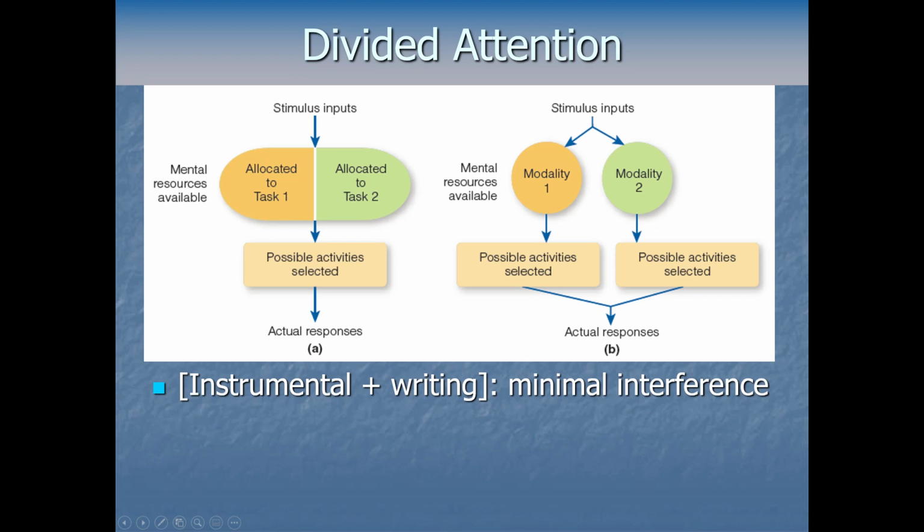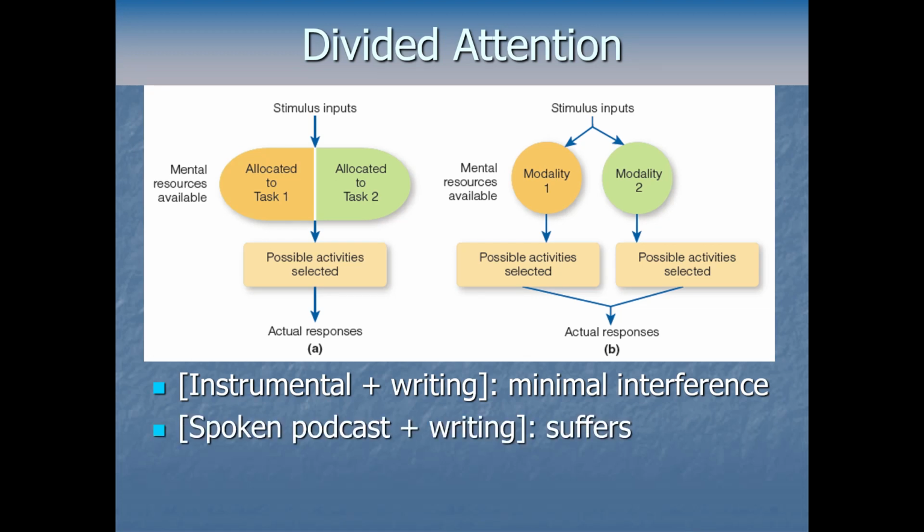So for example, a dual task experiment that involves one language task and one non-language task doesn't lead to much of a dual task penalty. Like instrumental music isn't as likely to mess a lot with your writing as something that has words. Whereas lyrical music or a spoken podcast at the same time as a writing task means your performance does suffer because both tasks are verbal. They're both coming from the verbal pool. Now, that means you won't absorb the podcast well, or you won't catch or understand the lyrics of the song very well if you're writing at the same time, and likewise, your writing will probably suffer.